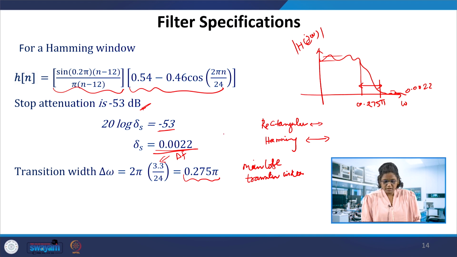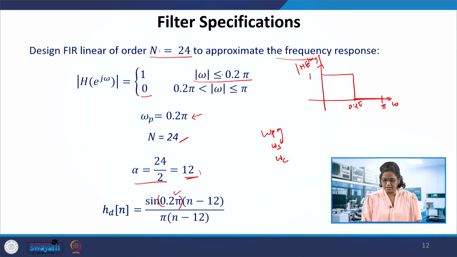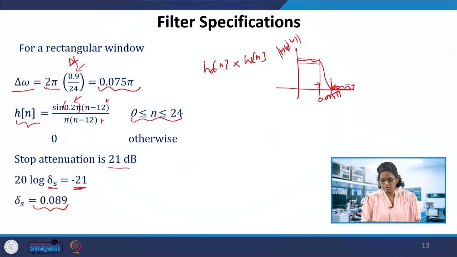But if the order and the filter specification are only ideal, the third case would be the ideal filter response. We could not get this ideal response, as we said, it is unrealizable. So when we try to design this filter, you will have the pass band ripple, stop band ripple, and the transition width, and the cutoff cannot be sharp as such. The order needs to be increased further and further in that case. This is for the low pass filter.